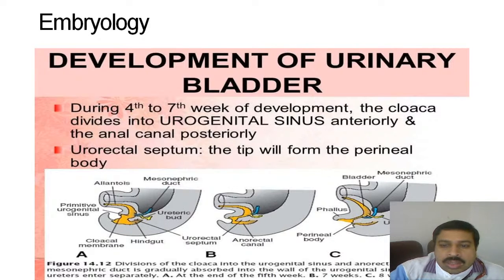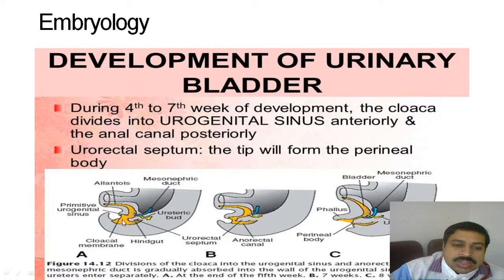I'm sure you are well versed with the anatomy, how the cloaca develops around the 4th, 5th week of gestation. The common cloaca, as we know, is a common channel into which the alimentary tract and the developing urinary system opens up. It's a common channel to start with, and this is the future urogenital region, the external orifice. Now the anal orifice is not yet